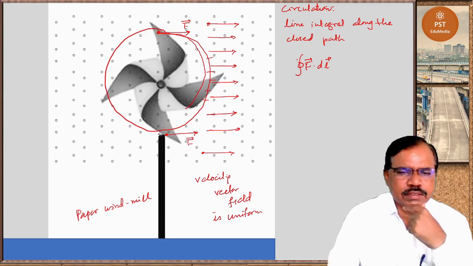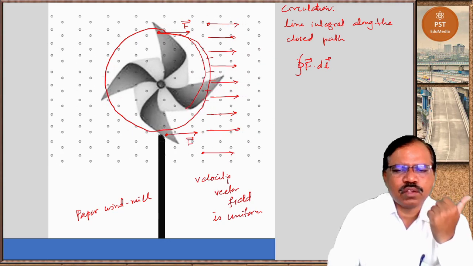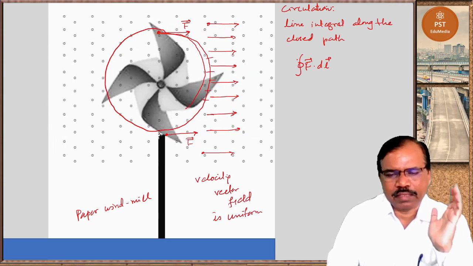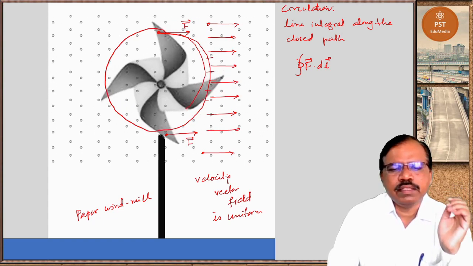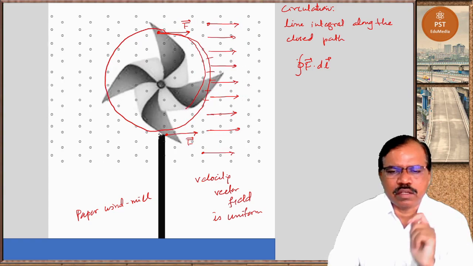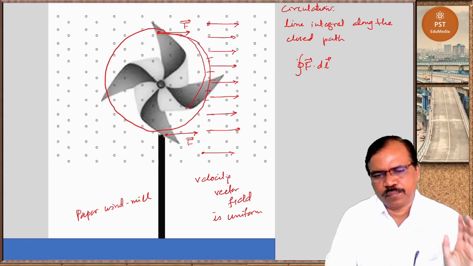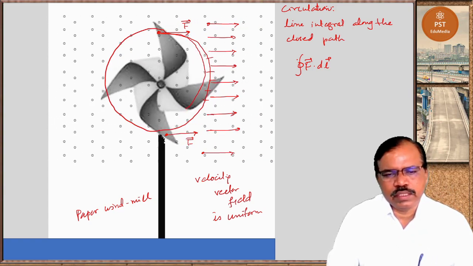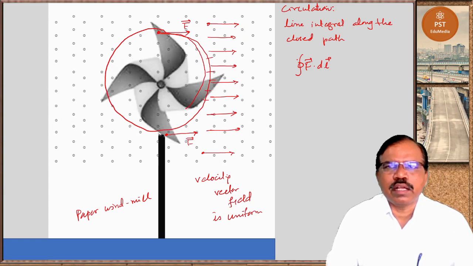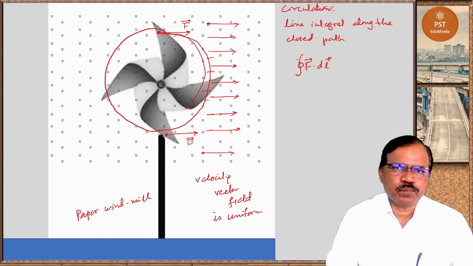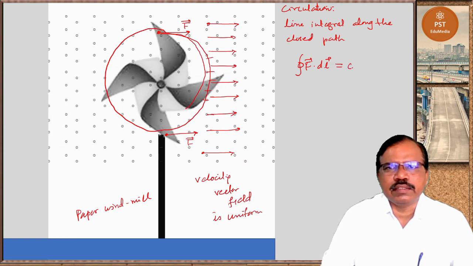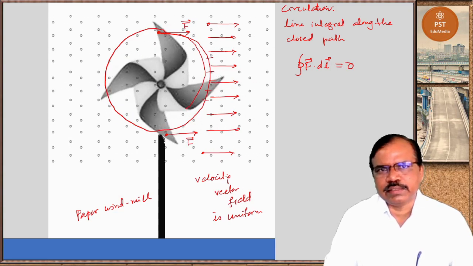Now this circulation is the amount of force that pushes along a closed boundary or path. It is the total push you get when going along the path such as a circle. So circulation gives you the push along a closed path. Now here, since it is not rotating, you will get this as 0.